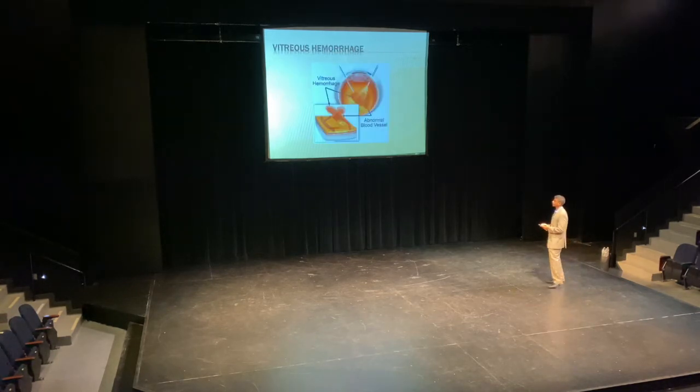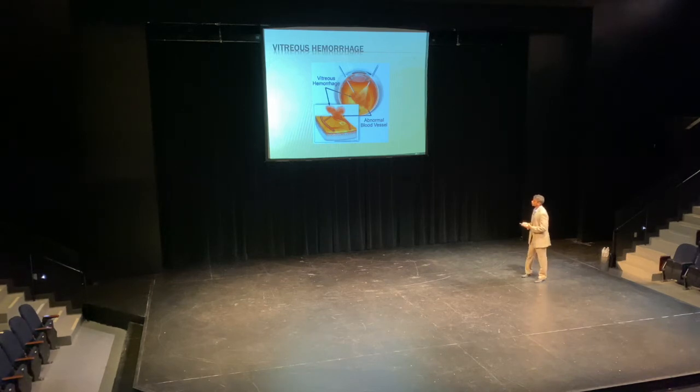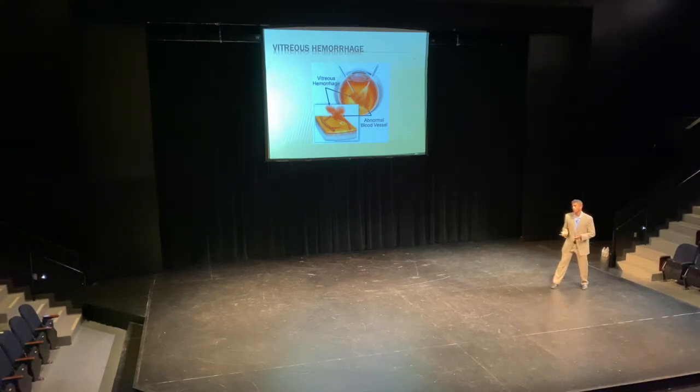I don't expect you to obviously know the terminology, but you'll have an idea of what's going on from some of the pictures. So vitreous hemorrhage occurs when these blood vessels, again, these are not normal blood vessels, they're extremely abnormal. They do nothing except bleed and, again, cause these other complications like traction retinal detachment. So when you get these little friable blood vessels which are growing, they have a tendency to burst, okay, and